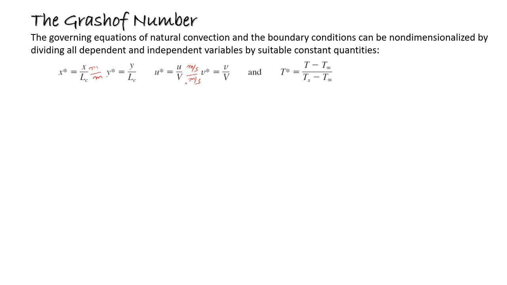So if you want to write the x momentum equation, we can have a term. I'm writing the x momentum equation first. This is u times derivative u by derivative x plus v times derivative u by derivative y, which is equal to mu by rho times derivative square u by derivative y square plus g beta times T minus T infinity. This was the equation. Now, I must tell you about the temperature non-dimensionalized term.